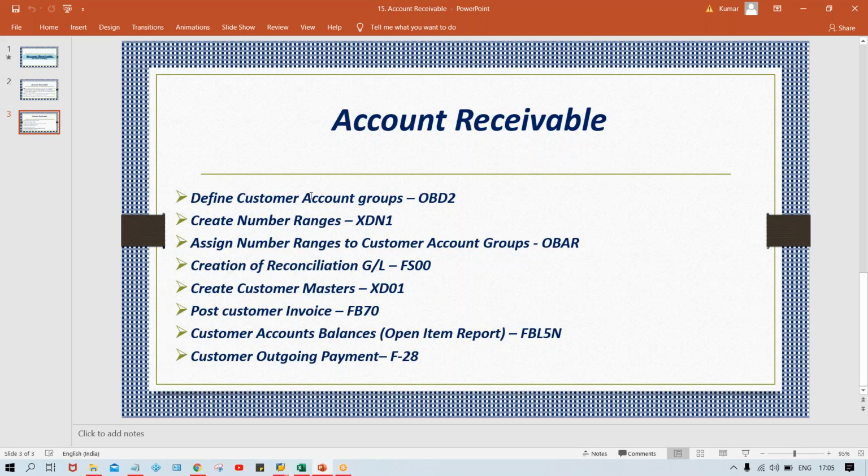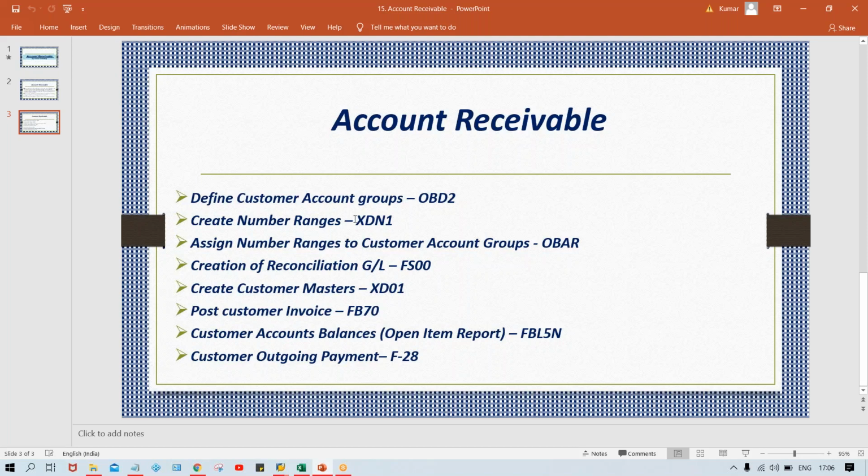So first of all, at the time of creation of vendor master, the system is going to trigger the account group, in the sense the vendor account group. Against the vendor account group, whatever number range code we have assigned is going to be triggered. Against that number range code, whatever range we have given is going to be triggered by the system, and from that range, the system is going to generate a number, that is the vendor master number. In the same way, for customer account group, what does it control, guys? Customer account group controls the fields of customer master, and it also controls the number ranges of customer master.